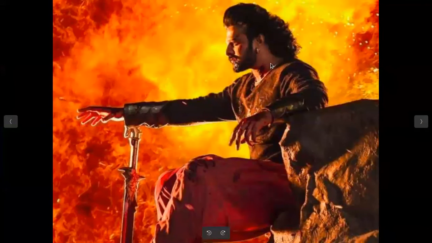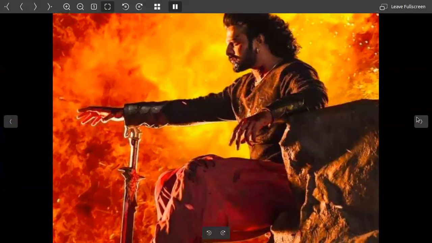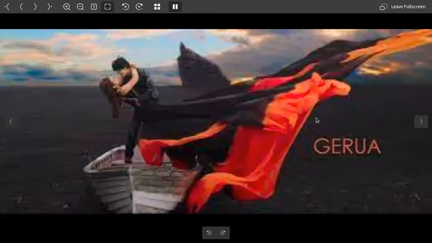See, this is a very popular photo from the movie Bahubali. All these colors are red. So we can see the mood, like this war, this blood. All these expressions are better expressed with warm colors. One more example we will be seeing.